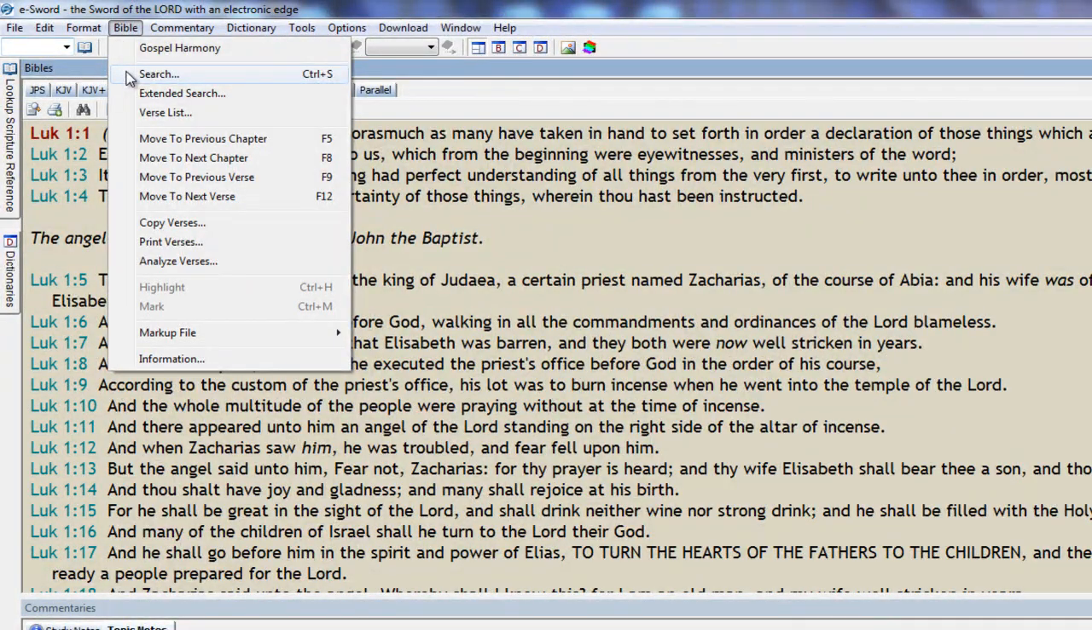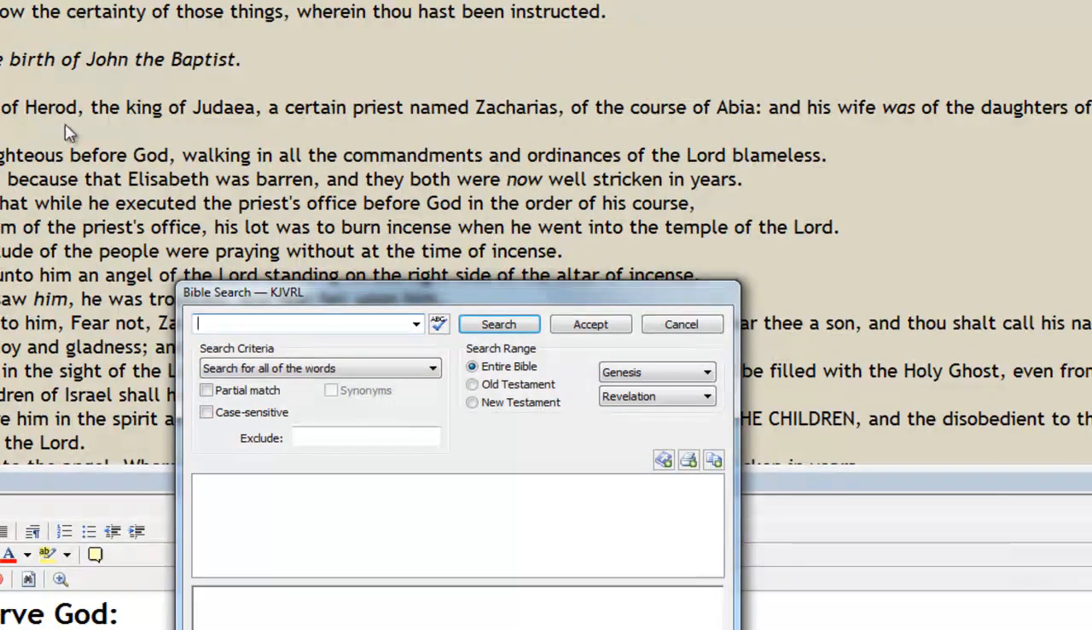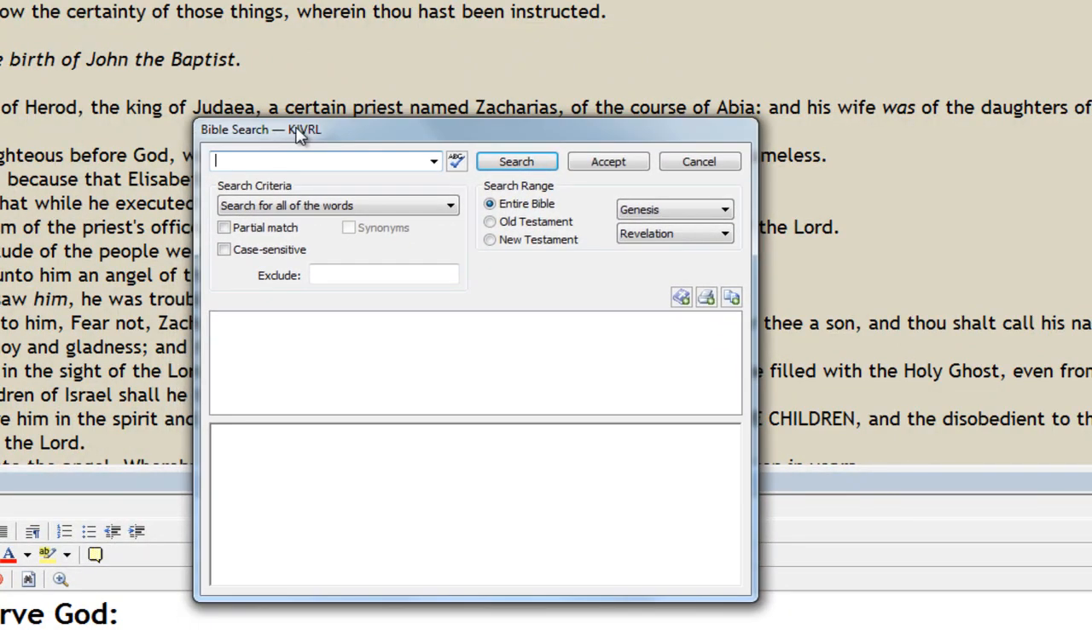Next are the Search and Extended Search features. The search function is used to find verses in the Bible by using keywords. For example, you need to search for a verse but you don't remember where it was in the Bible. Well, by typing a word or set of words, you can find it. To locate it, type some words in the box and set your parameters. I want to find a verse about fearing God, so I'll type in Fear God